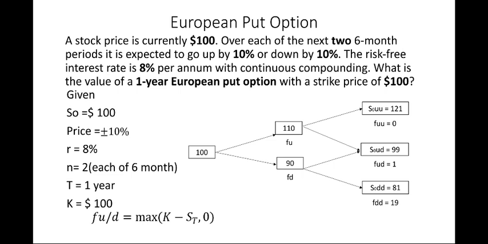Binomial tree will remain the same. Now as you can see, the same binomial tree is there, but the only difference is into the terminal values. We have changed the terminal value of FUU, FUD and FDD, because we must remember that put option is exercised only when strike price is greater than the spot market price on the date of maturity. Now here ST is 121 and strike price is 100. So 100 minus 121 comes out to be minus 21, and out of minus 21 and 0, minus 21 is less than 0, hence we have considered 0.